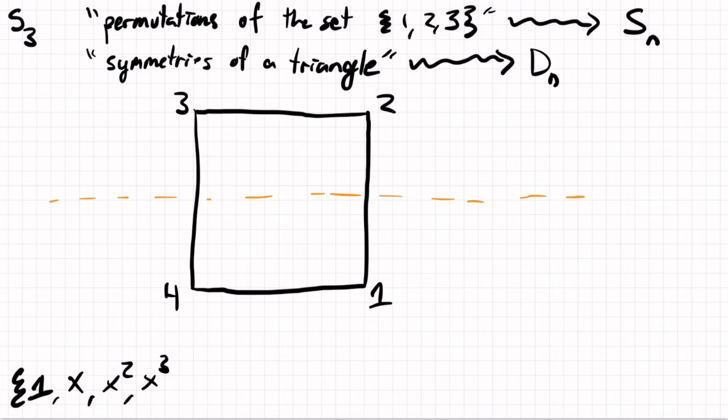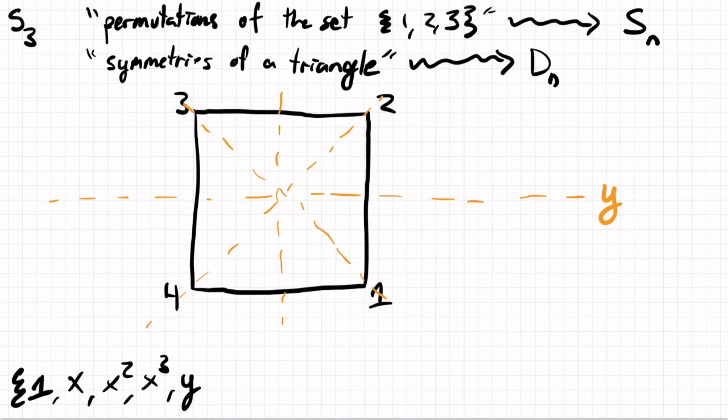And you can have the opposite, of course. You can reflect like this, but you can also reflect on the diagonals, right? You can reflect across either one of these diagonals. And so if we call this element right here y, we can include y in our group of symmetries of a square,